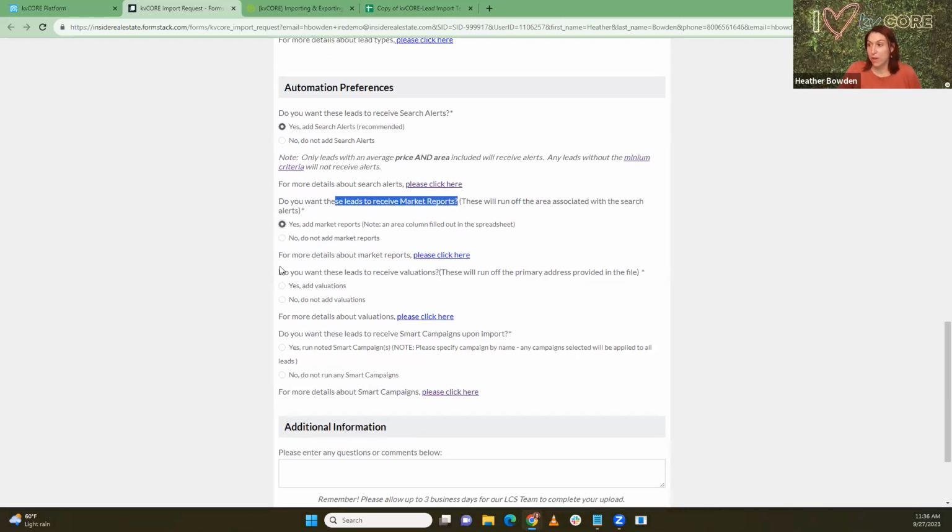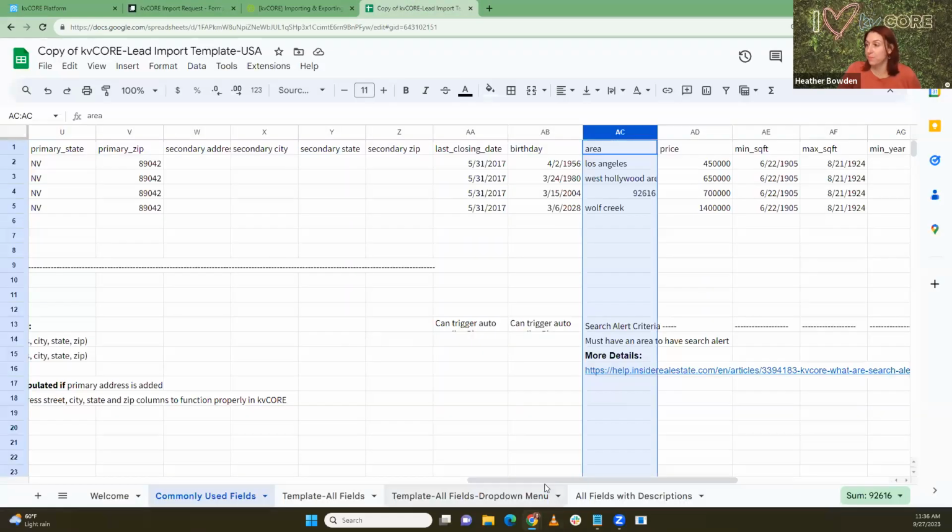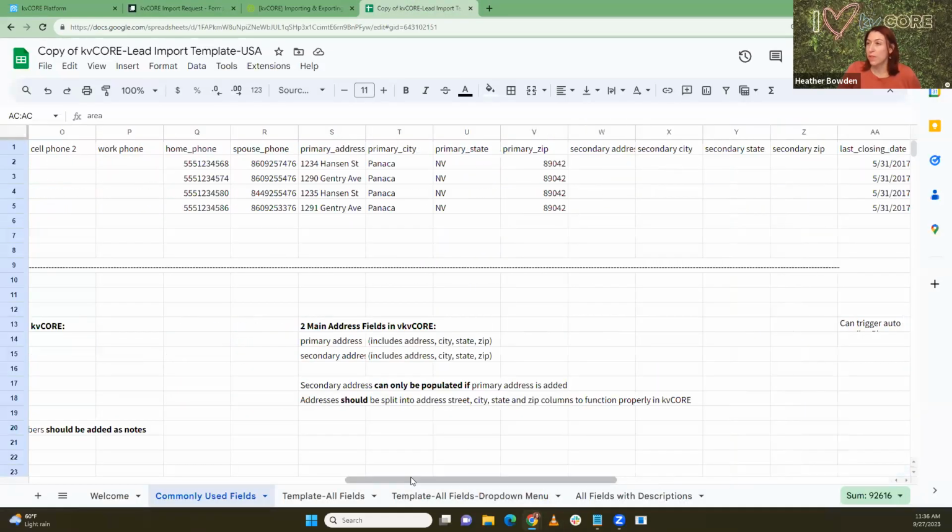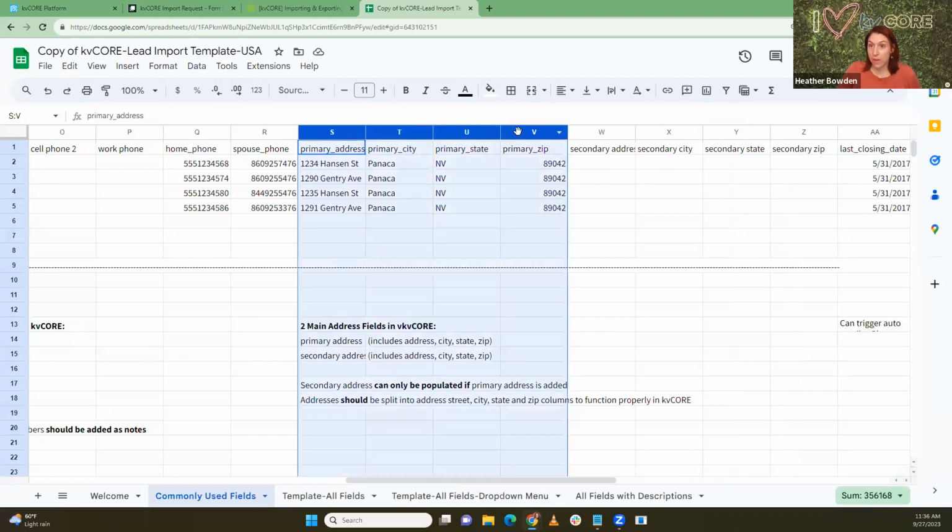The other thing that you can do now is you can automatically set people up on a listing valuation. So that's going to run off the primary address field. So back to the template here. When you're putting in their primary address, as long as that's filled out, we can set them up with a listing valuation that will send them what their home is worth